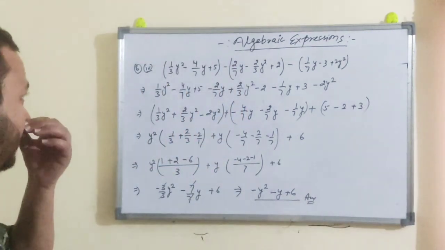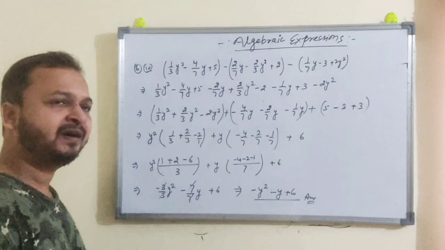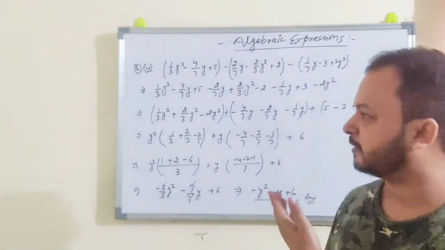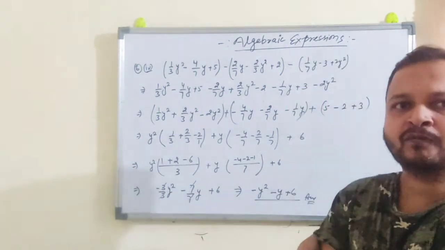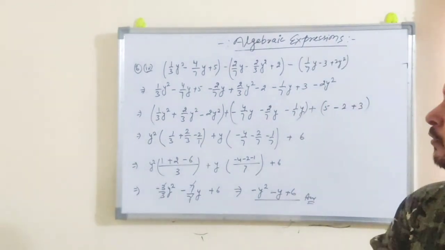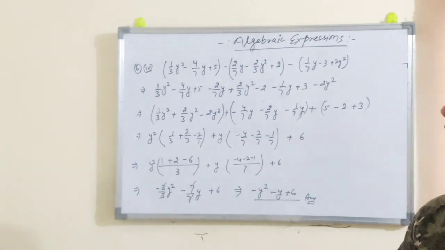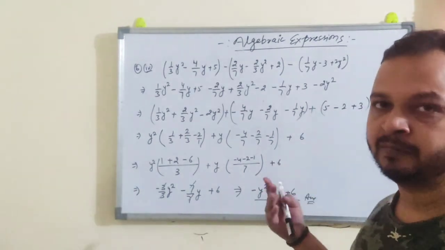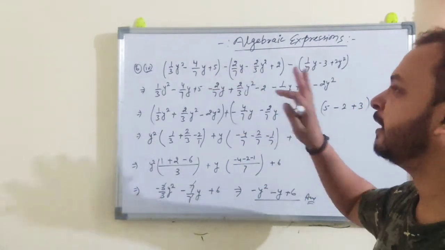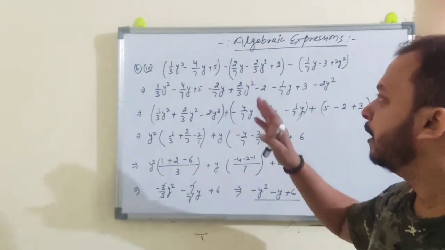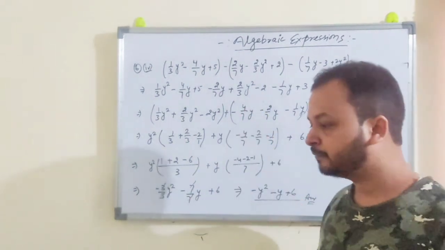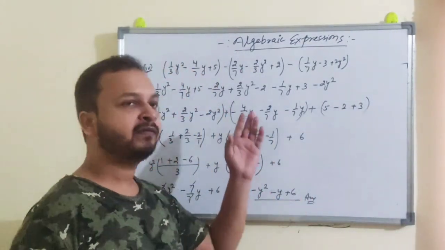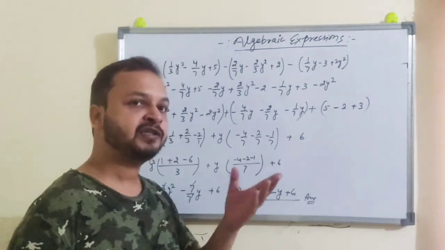So this way you have to do the addition and subtraction. I have taken only a small number of questions. Why? Because you have to practice it, right? There is no special thing you have to do. You only have to practice it and you can simply apply addition and subtraction, like what we do with numbers. In this part we only have to take care that we take the like terms together. So this was the first video in which we have covered addition and subtraction.